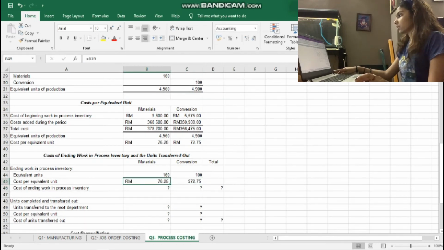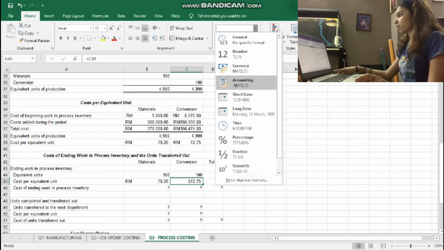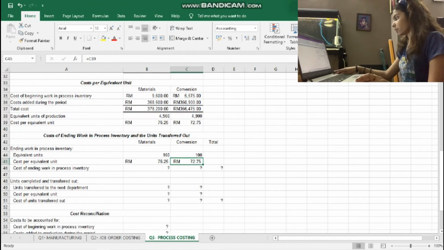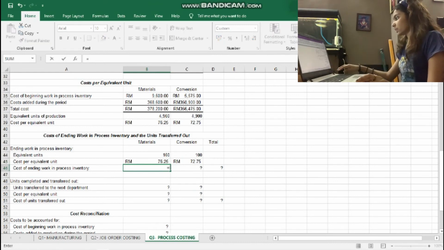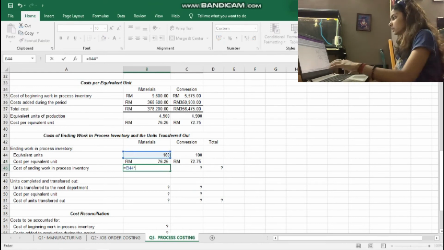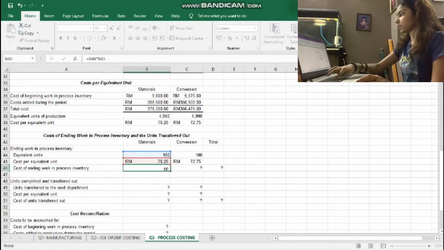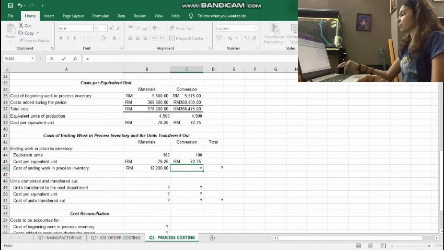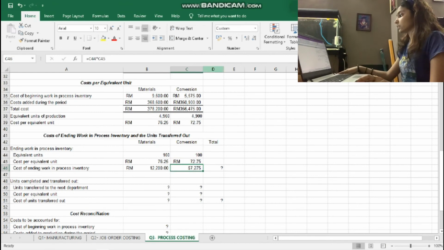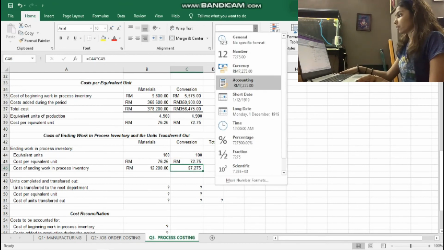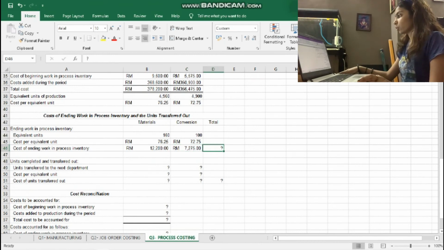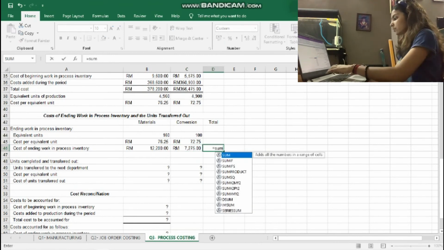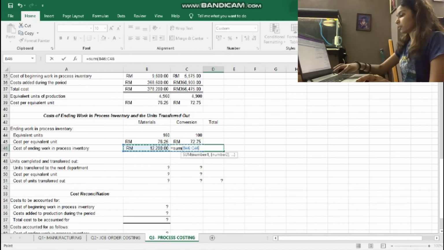Okay, for cost of ending work in process inventory, we have to times both of this, 160 times with 76 ringgit 25 cents, we will get 12,200. And for conversion, we have to times 100 and 72 ringgit 75 cents. So we will get 7,275. Okay, so the total, we have to plus both of this, we will get